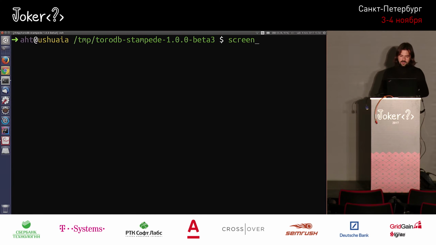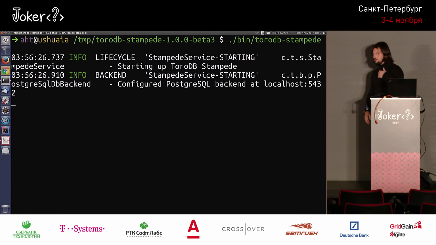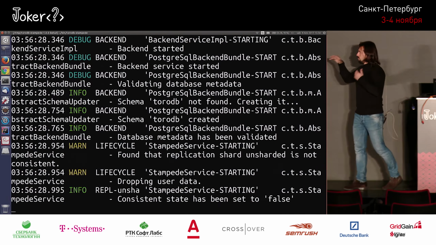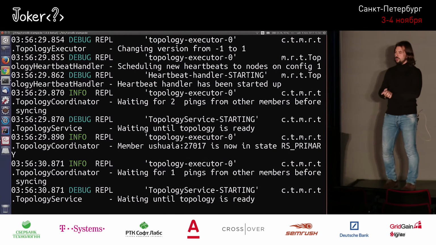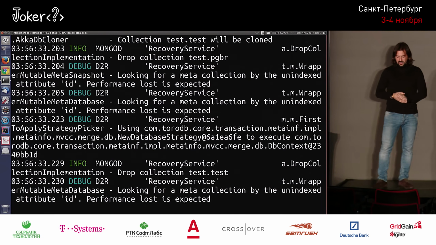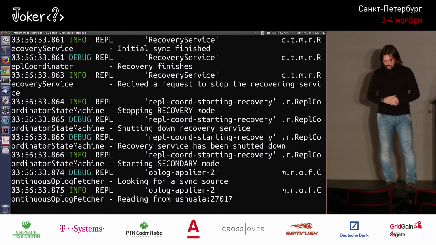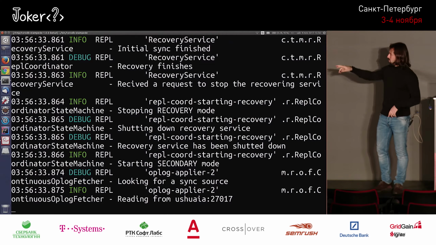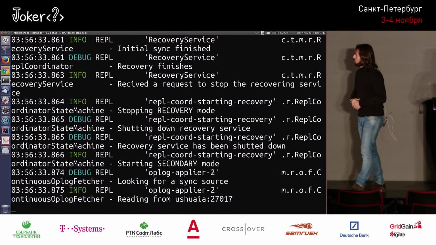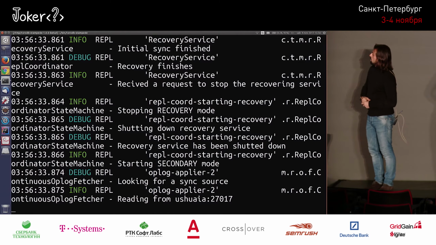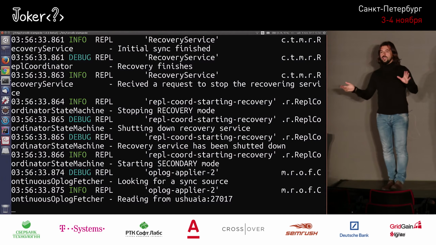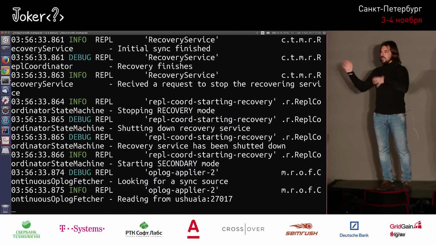I'm going to run this inside the screen. So I'm going to start ToroDB. If all goes well, it should start right now. It boots. There's a bunch of logs out there. And at some point, we'll see that it connects to the replica. Okay, it's now reading from Ushuaia on this port. And it already started on secondary mode, which means that it already replicated the data. There's almost no data there. And right now it's